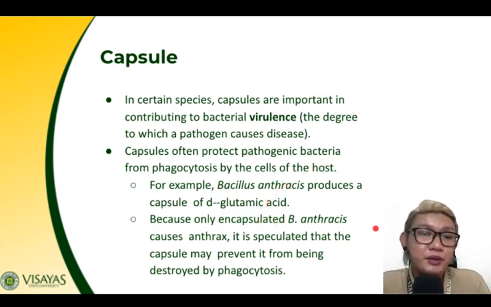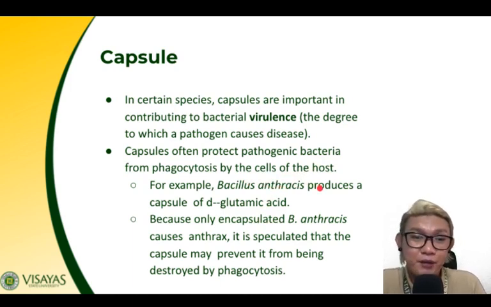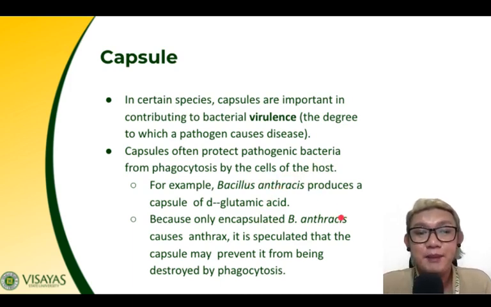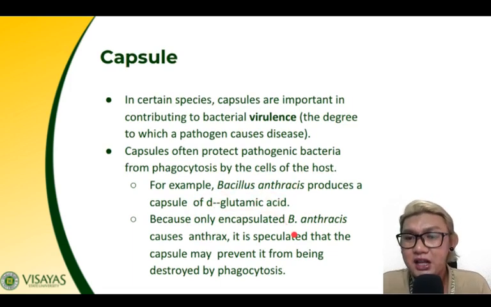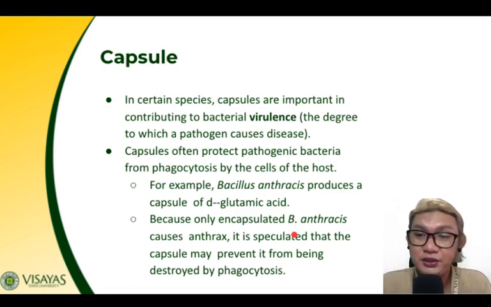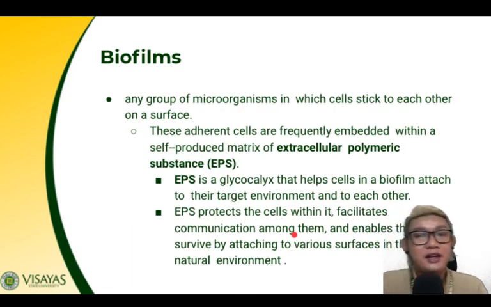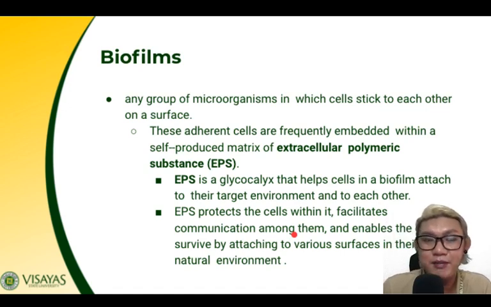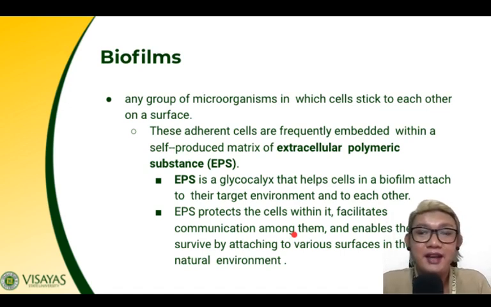Now, capsules often protect pathogenic bacteria from phagocytosis by the cells of the host. For example, Bacillus anthracis produces a capsule of polyglutamic acid. It was believed that only capsule-bearing Bacillus anthracis are capable of producing a disease. Some are not. So it is believed that they are able to escape phagocytosis because they are protected by the capsule. On the other hand, just like we talked last time about biofilms, EPS, in marine